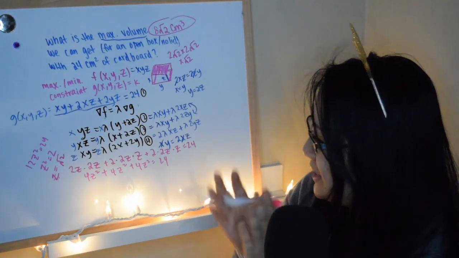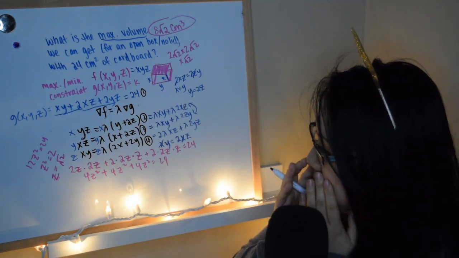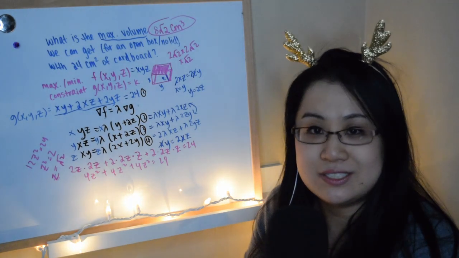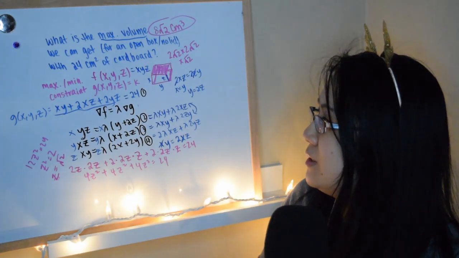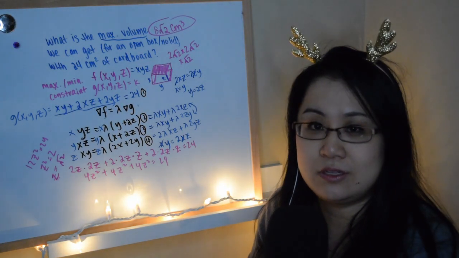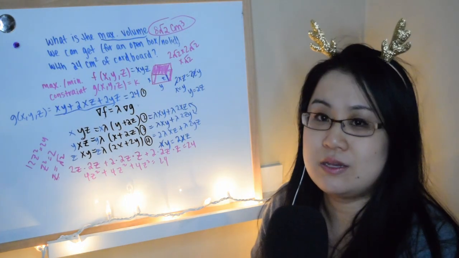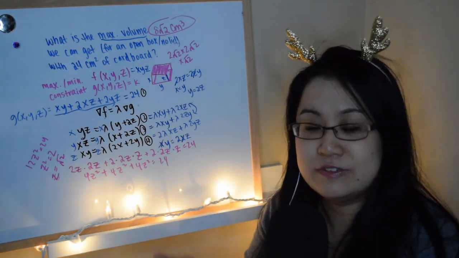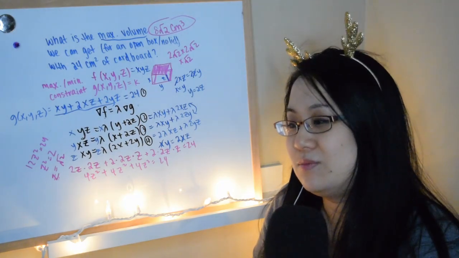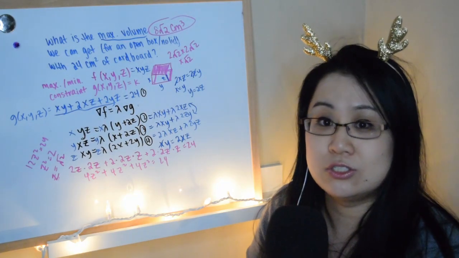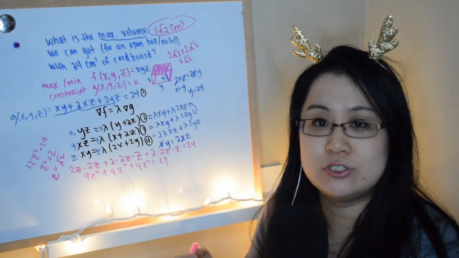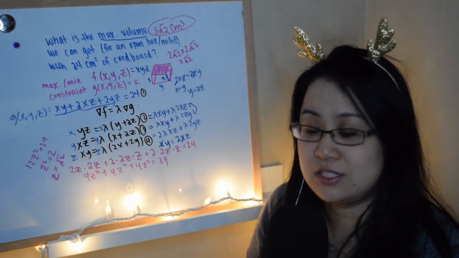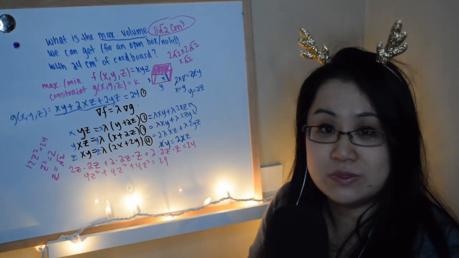But basically, I wanted to note that it's not always the case that whatever answer you get is actually the maximum or minimum. Like in Calc 1, when you have these kinds of questions and you take the derivative and you set it equal to 0, while it's usually the case, you can't necessarily just assume that it's a maximum or minimum. You actually have to show it, and it's the same here. So just because we got a number, that's not necessarily the maximum, although in this case I'm pretty sure it